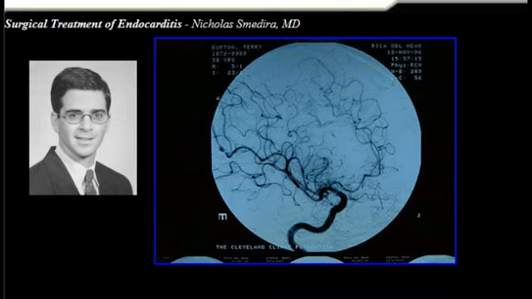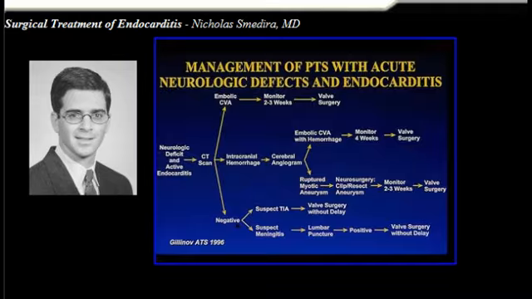What do you do? Well, I operated and replaced his root with a homograft. He was in renal failure. He got better. We treated him with antibiotics. We did not intervene surgically here, and he subsequently left the hospital short a few toes and fingers, but otherwise intact. And Gilinov reviewed the Hopkins experience, and I'd recommend looking at this